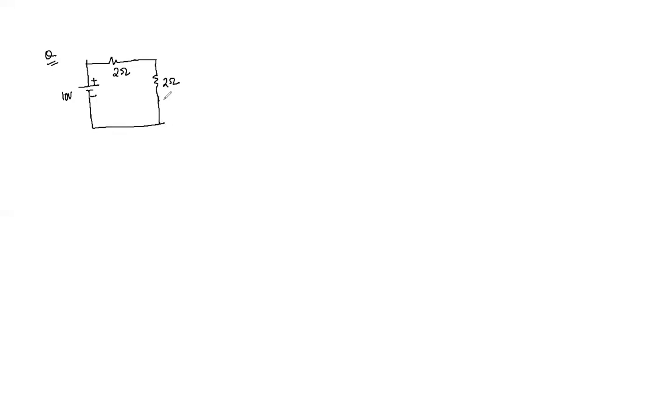You may find numerous methods to solve this question in many books and lectures, but I hope this is going to be the easiest form of solution that you can follow here. So here it is given that 1 ohm and we have 6 volt here. Let's take an example. We are required to find the current in all the resistors, but I just want you to find the current in the 2 ohm resistor. The method is going to teach us to find the current in all the resistors and in all the branches, in fact.